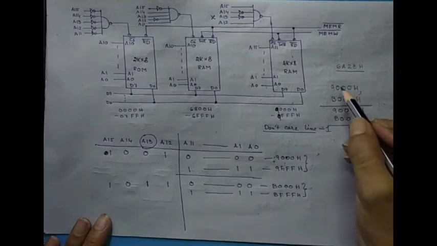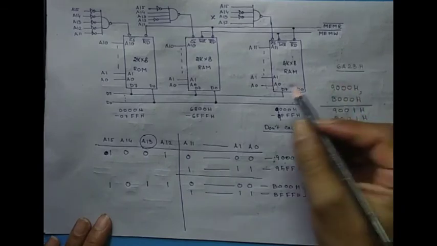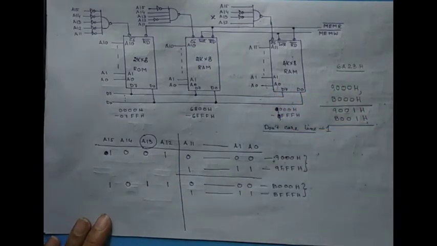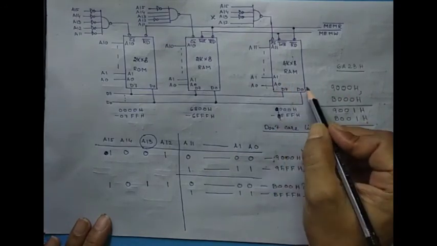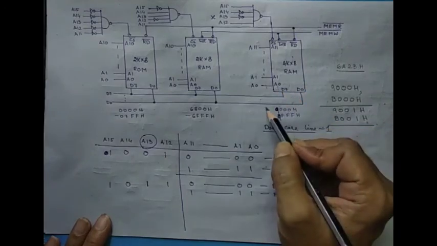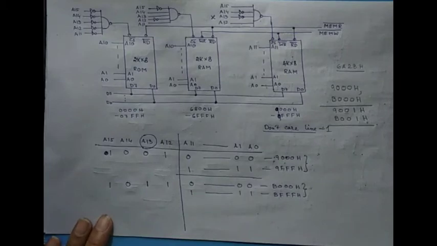When the processor reads from address 9000 hex, it will get the 8-bit data present inside the first location of this device. When the processor reads from address B000 hex, it will get the same 8-bit data present in the first location of this device. So even though the addresses are different, they are referring to the same physical memory location. So we have seen that leaving one address line out of our interfacing circuitry will assign two address ranges to the memory device.